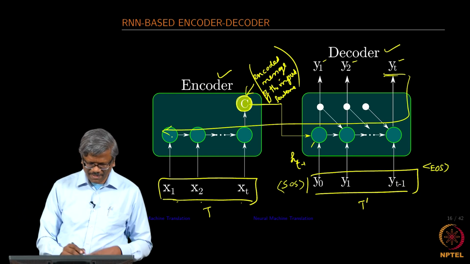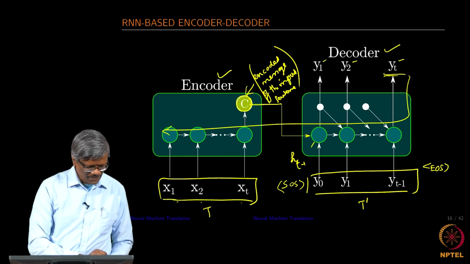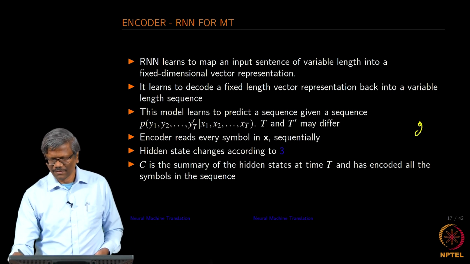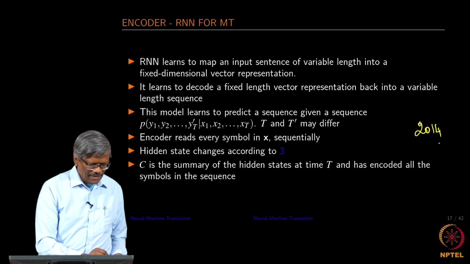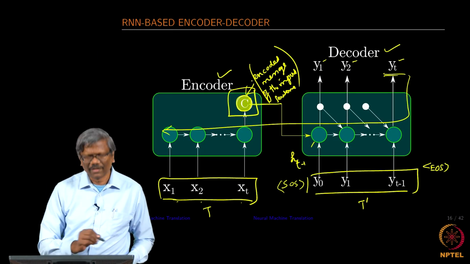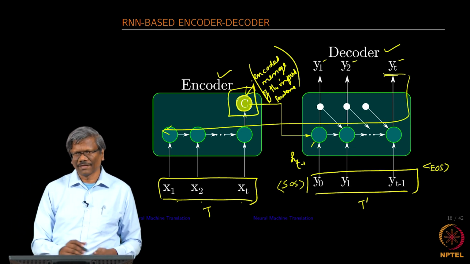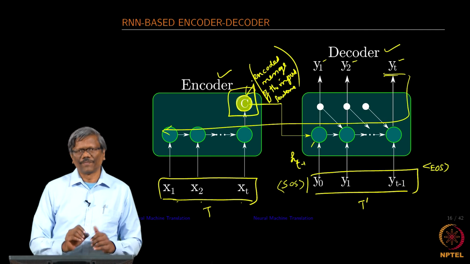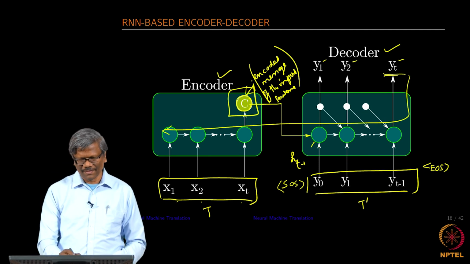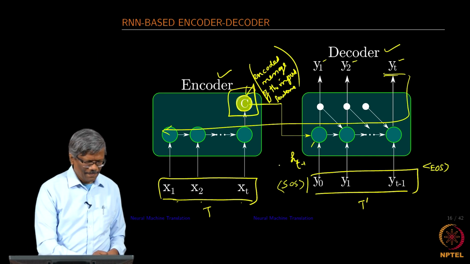So, this is a very simple model for translation, because this is the first one that came into the world in 2014. The only interesting aspect that we have is the context vector that we have created. So, the encoder creates the context vector which has encoded all the important things, or all the words in it, as a vector, and it is fed as an input to this.